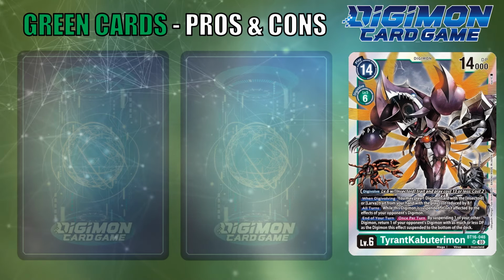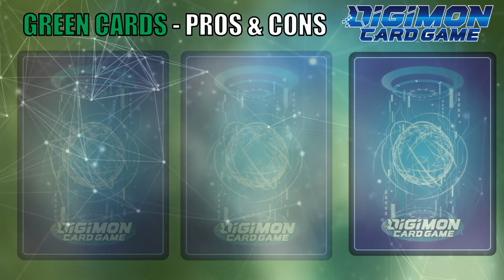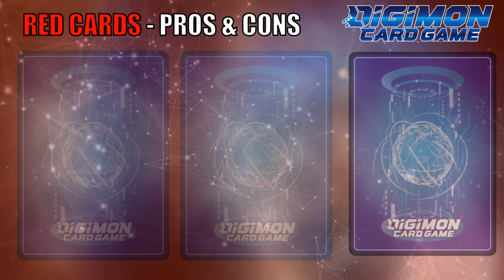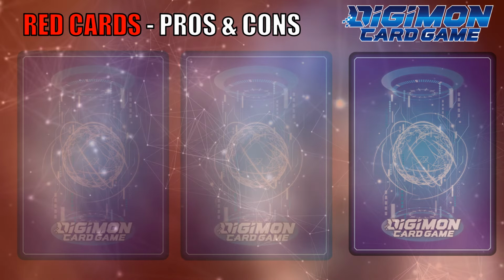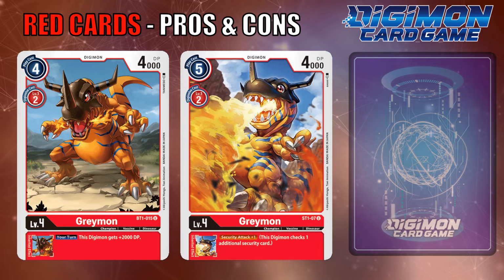But when you ask my opinion on what the second weakest color in the Digimon card game is, interestingly, I'd probably put red as the next color that is weakest in the Digimon card game. Now, hear me out on this one before you drop a long comment on this video or hit that dislike button. Red cards are powerful in that they typically buff DP, add extra security checks, or the general deletion of